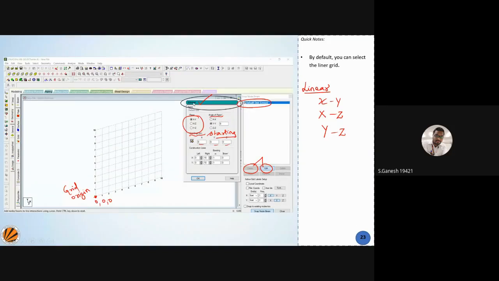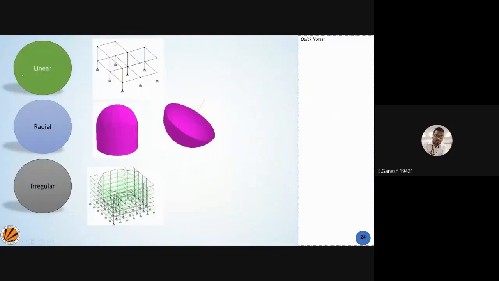You can change this concept to linear, radial, and irregular structures. Linear means normal structures like building frames. If you are doing a radial, that is a circular frame, such as a circular water tank. That is called radial elements.